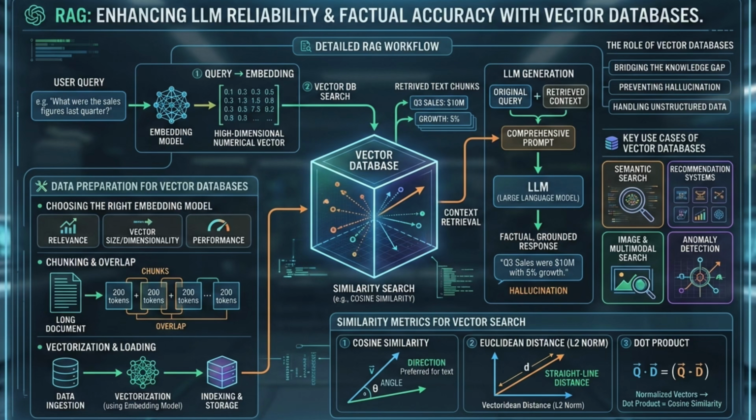So, vector databases are versatile and power many high-value applications beyond RAG. First, we have semantic search. So, this finds documents, articles, or records based on the meaning or intent of the query, not just exact keyword matches. So how it works is that the query and all documents are represented as vectors. A search finds documents whose vectors are semantically close